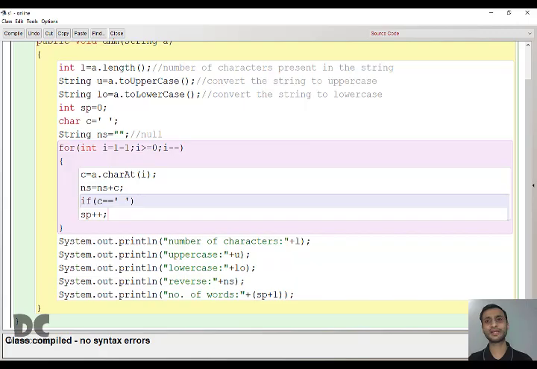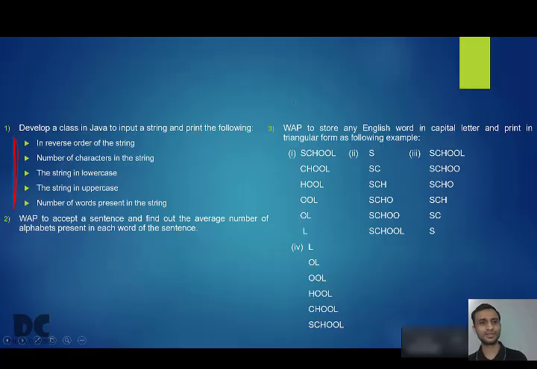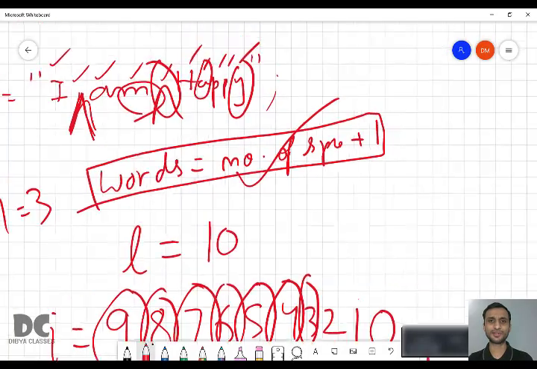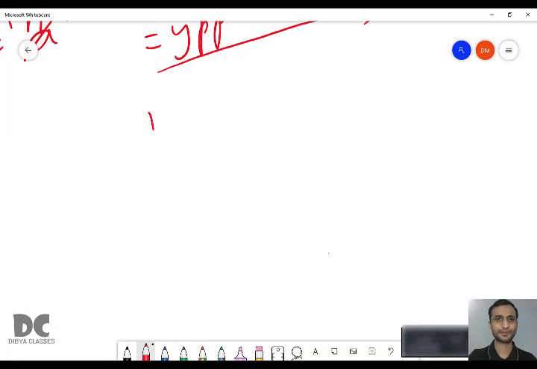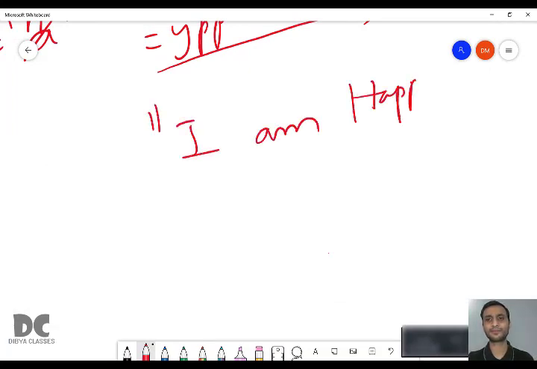So now let us move to the next question. The next question is, write a program to accept a sentence and find out the average number of alphabets present in each word of the sentence. Let us take the same string, that is, I am happy.